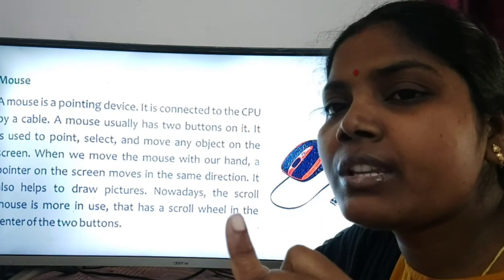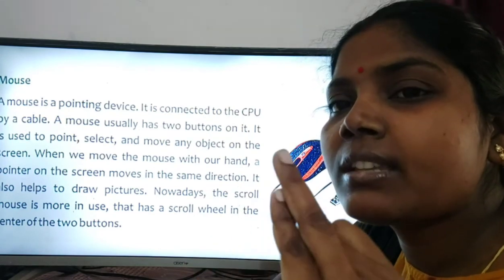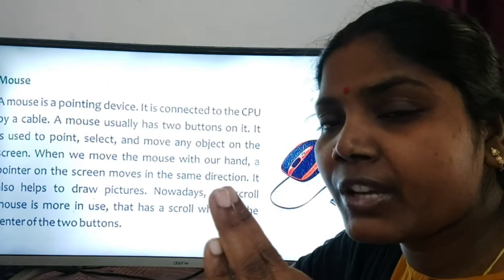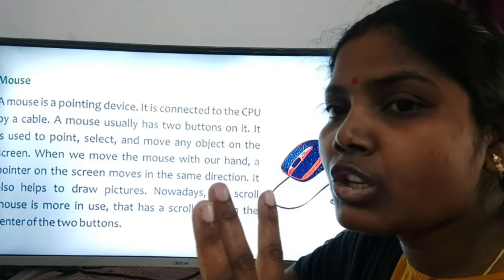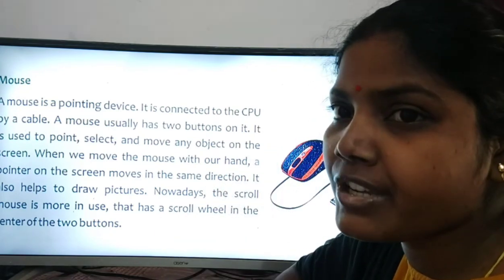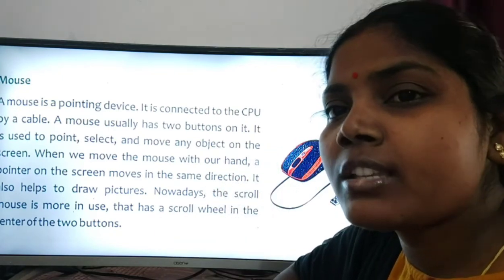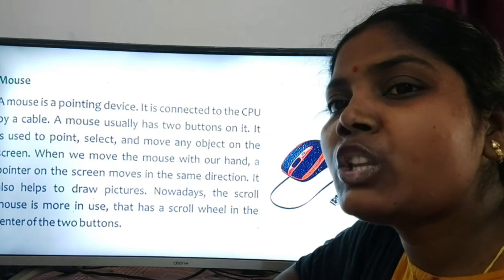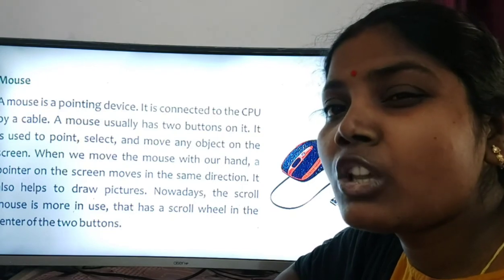The first one is typing keys, second is control keys, third is function keys, fourth is numeric, and fifth is navigation. Okay, yes my dear children, keep all these points in mind.